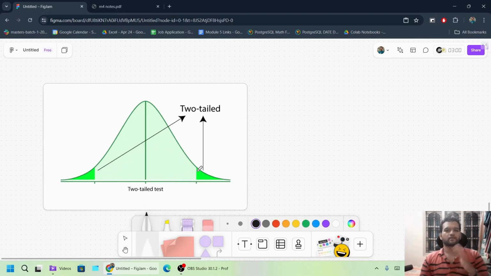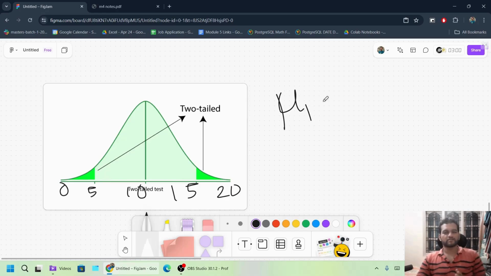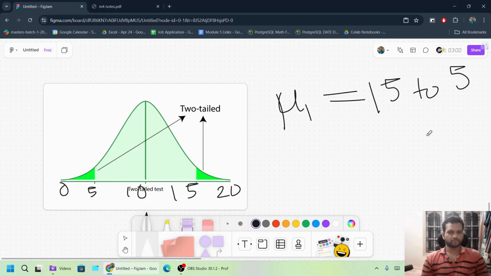Here, it is showing 0, 5, 10, 15. Our null hypothesis is that the mean value will lie between 5 and 15, the mean 1 and mean 2. Here it is taking both sides. That's why we call it a two-tailed test,